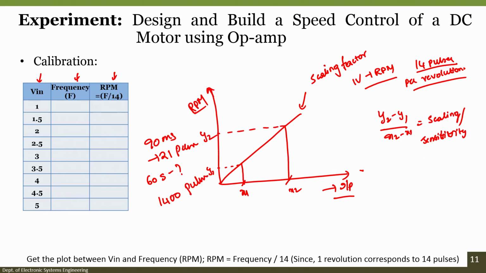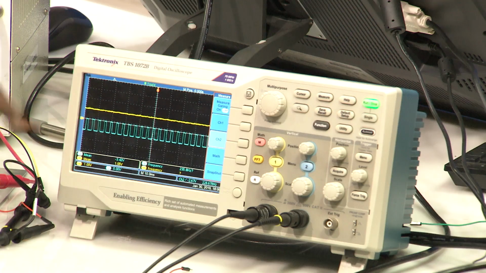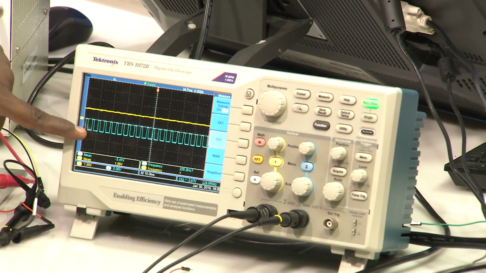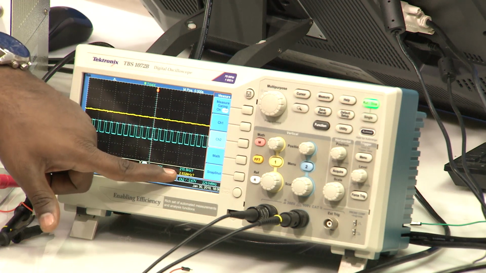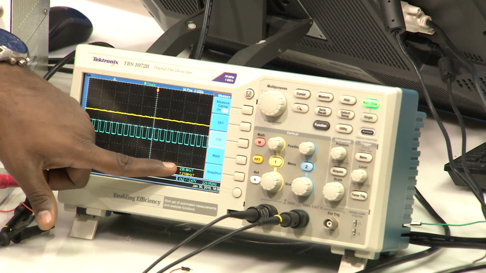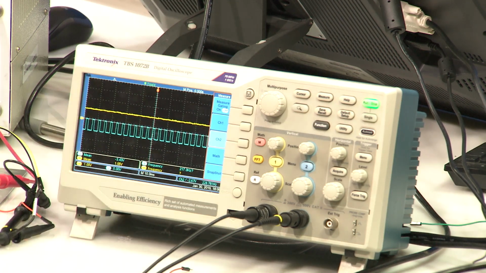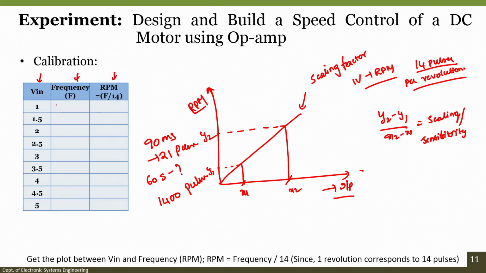Okay. So one thing is clear: by looking at how many pulses we are getting, we can compute the RPM, or we can also notice the frequency at which they are coming. When you look at the frequency, we are getting approximately 235 hertz. So one way is looking at the number of pulses, or another way is looking at the frequency. Right now the blue color one is enabled with the frequency. It shows somewhere around 227 hertz. So that means for 1 volt we are getting 227 hertz.